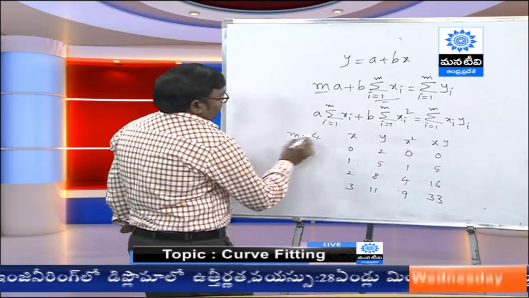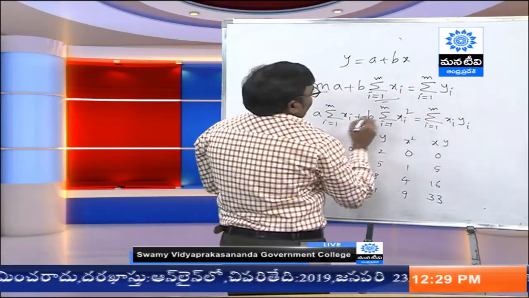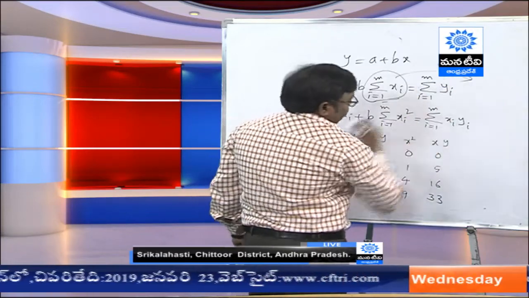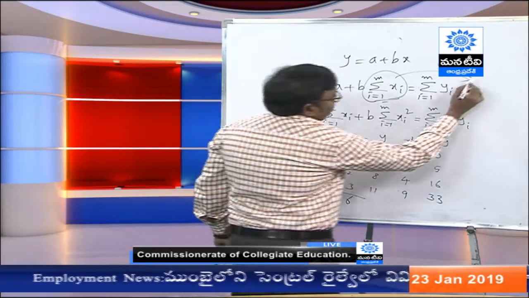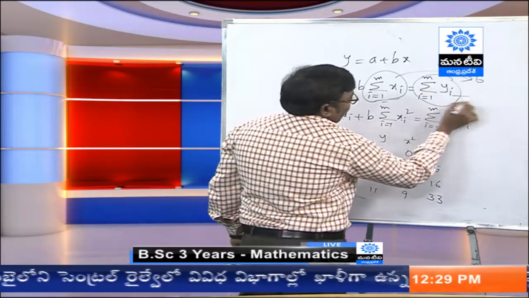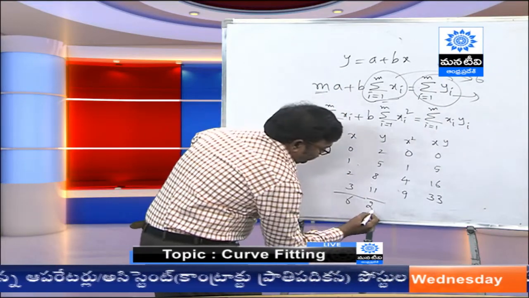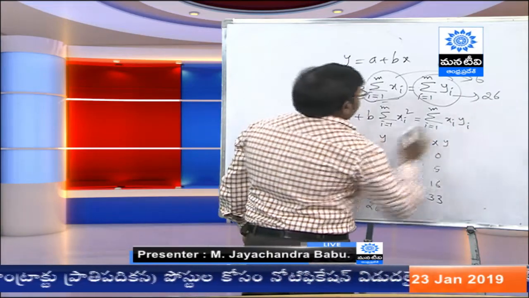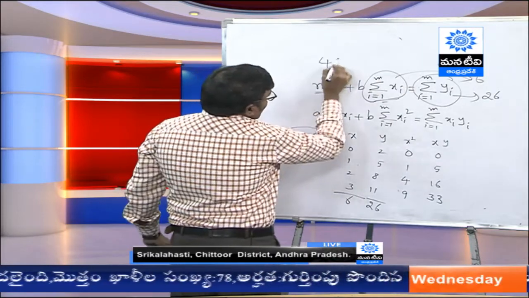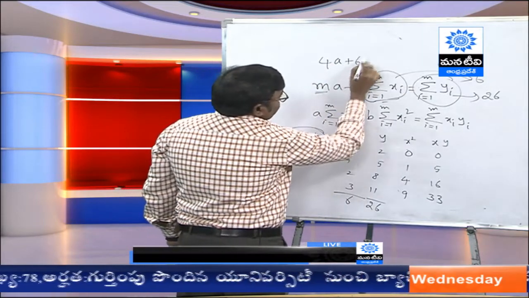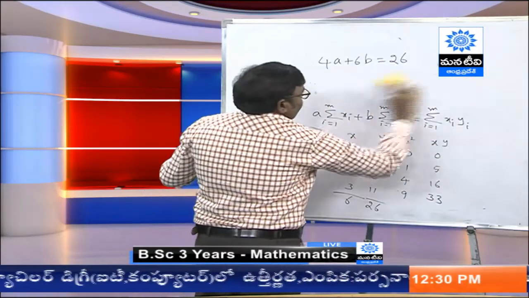So, here as I told you m equal to 4, and sum of x_i is nothing but 6, right, 0 plus 1 plus 2 plus 3. So, this is 6, and sum of y_i, the values of y_i, is nothing but 2 plus 5 plus 8 plus 11, so this is 26. So, our first equation will be like this, 4a plus 6b equal to 26. So, I am erasing this one,